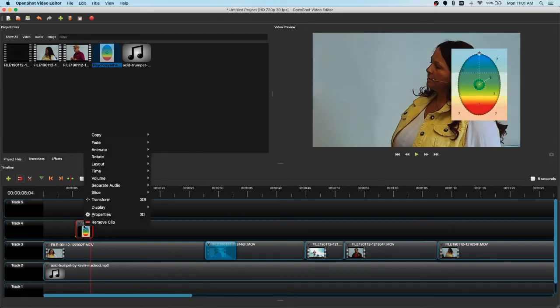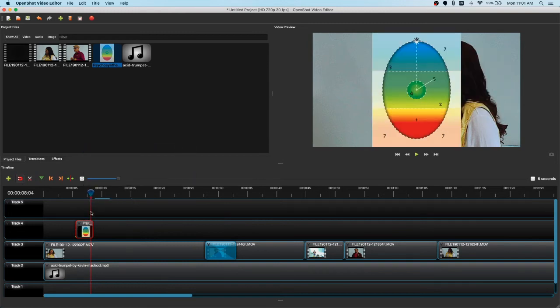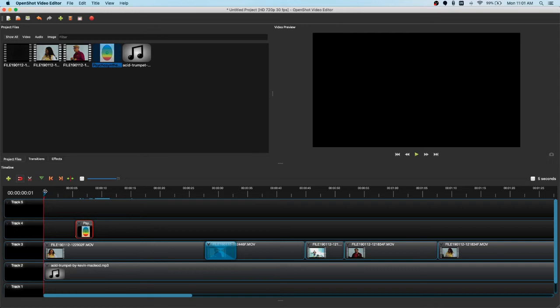So the way to do that is let's undo this animation. We'll do no animation. And that just brought it back to its original spot. So the way to make it so it just stays in one spot is actually to edit it at the very beginning of the clip only. And one easy way to do that is just to click